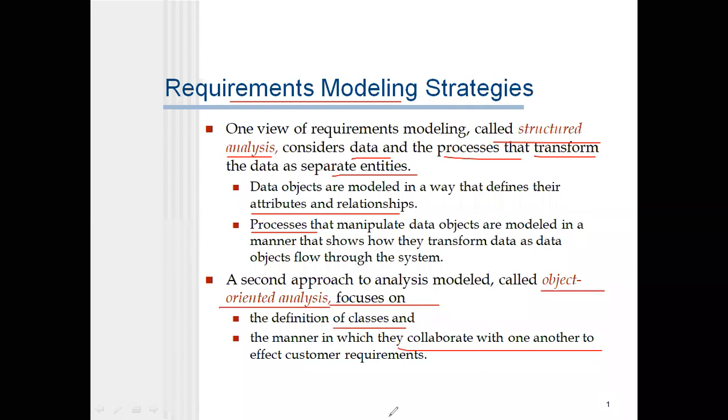These concepts we have learned in CRC, class, responsibility and collaborator. In CRC, we have learned about these collaborations and some methods also we have discussed.